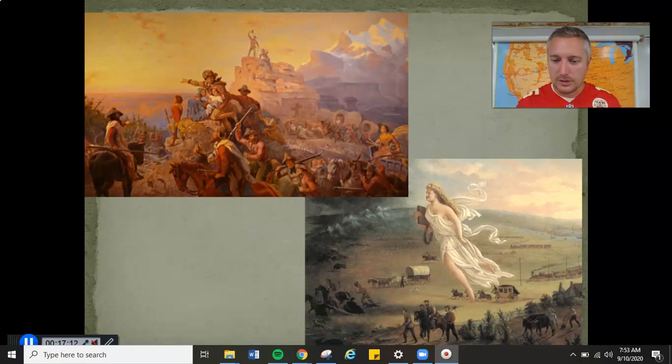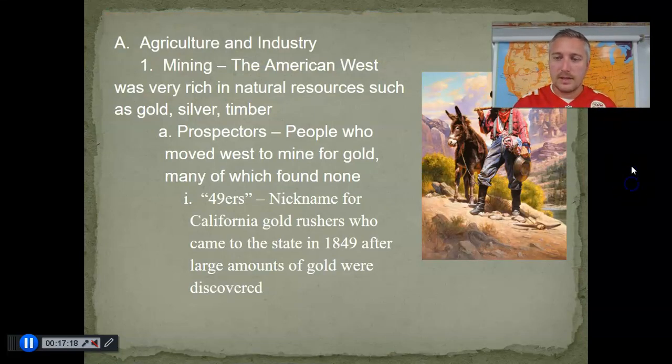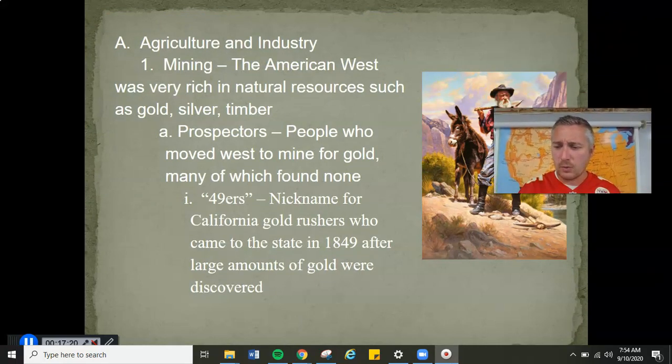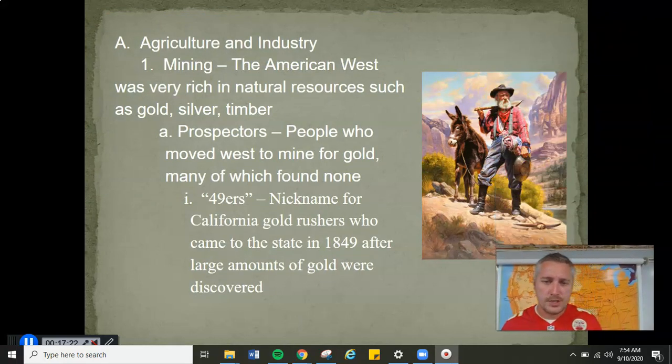Right? There's motion to this painting, right? We are moving west. We're pushing the darkness out, replacing it with light. And not to say that there weren't some benefits, but of course, we're going to wrap up the lecture today by talking about the impact on Native Americans, and quite tragic, one of the most tragic stories in American history. All right, well, let's talk about those who are traveling west.